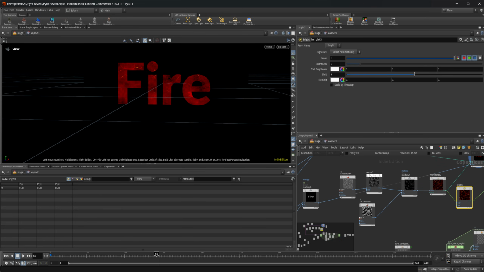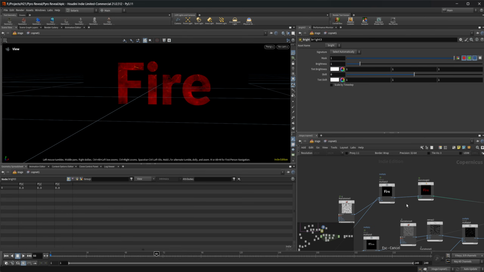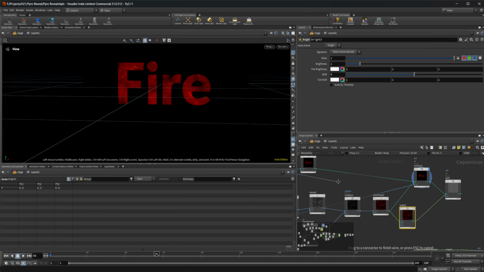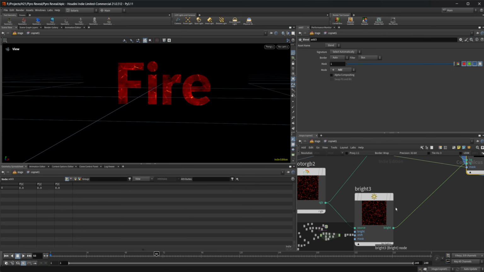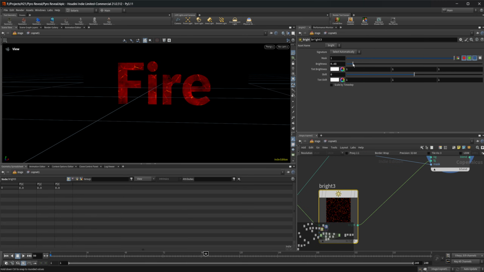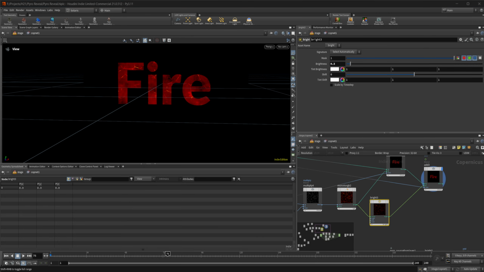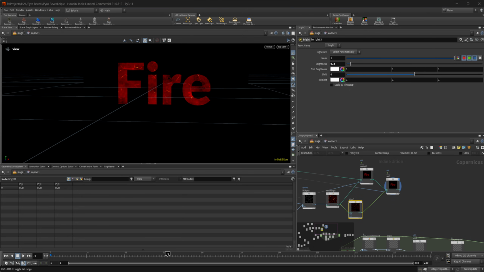So we can use, where is that noise? There we go. We can use the result of this for our mask here. And we're at the end here. We don't want this to be super bright, so let's maybe drop this down, maybe something like that. See what this is looking like. So we have that appear on, which again, it's not going to be fully apparent as to what's going on until we come in here and we're actually going to